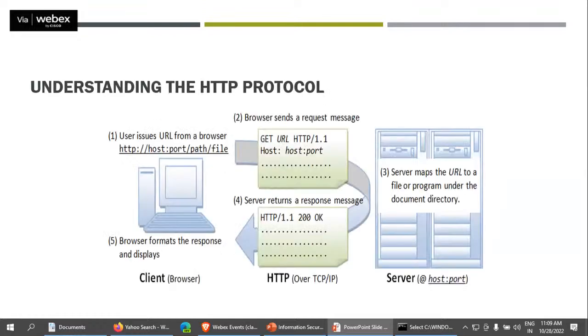This is the same with the HTTP protocol. When you send a URL from the browser, it sends a request message, and the server maps the URL to a file or a program under the directory. Suppose you are looking for a particular file, the server will go to that file's address, and after that you will get an HTTP 1.1 message.